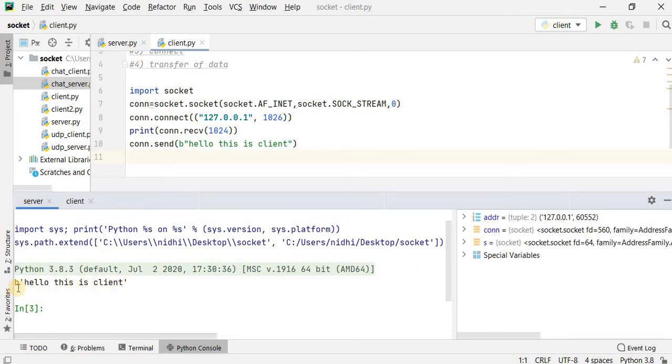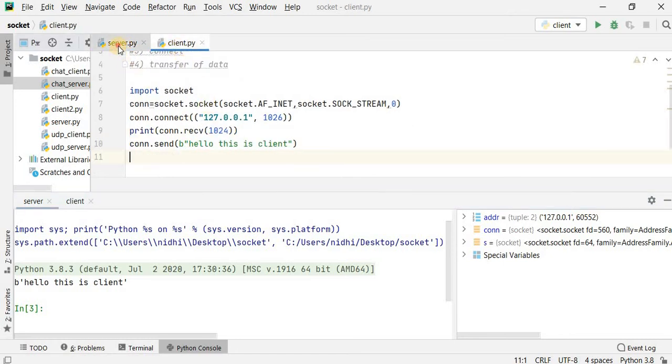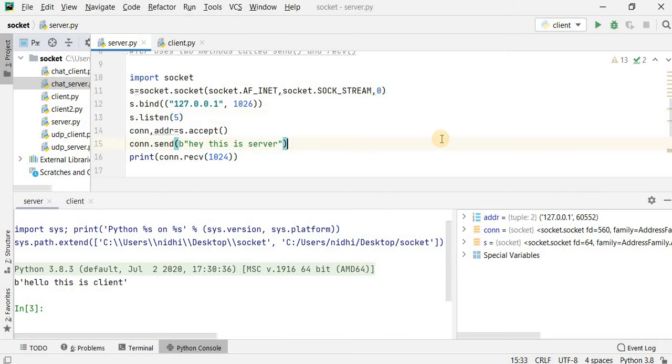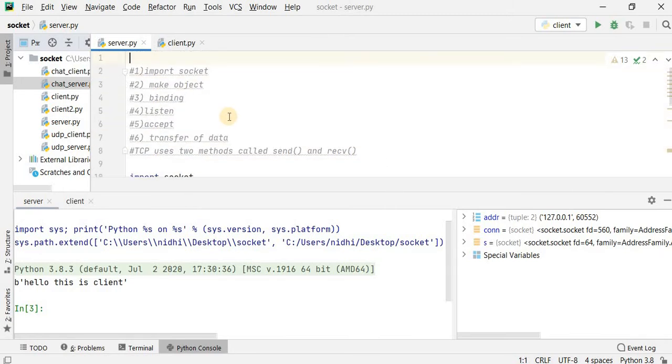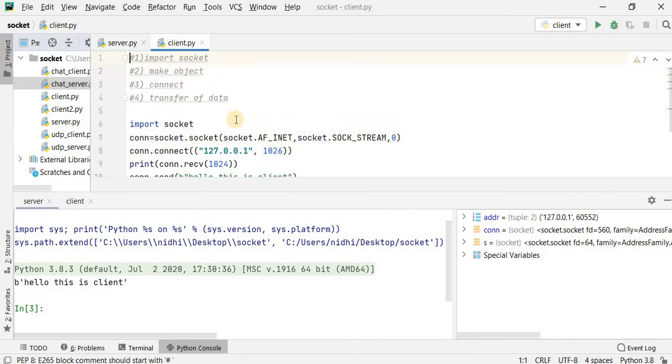So what is b over there? b is nothing but it displays that your string is in binary format. What is the procedure in order to remove this b? I will show that in another example of this client and server application. So this is the whole program regarding the server and the client in Python programming. Hopefully it is understood by all of you. You have to make 6 steps at the server side, and at the client side only 4 steps. So do the things one by one, step by step, and you will get everything.